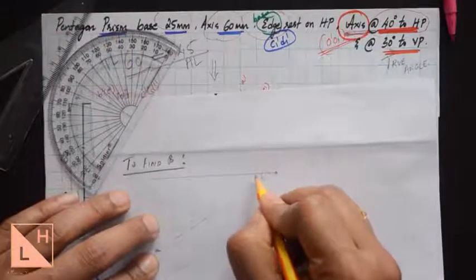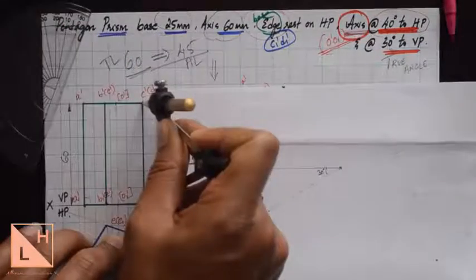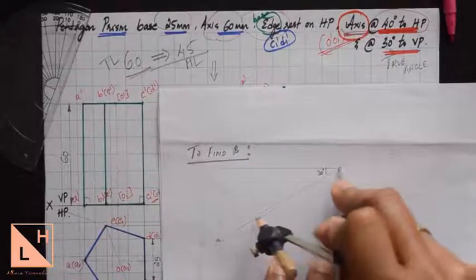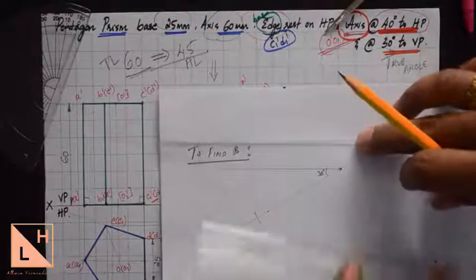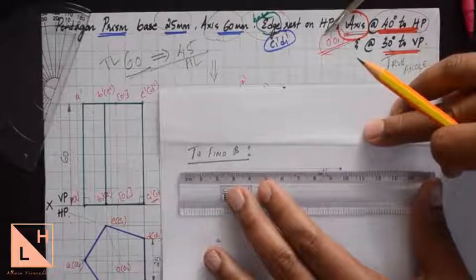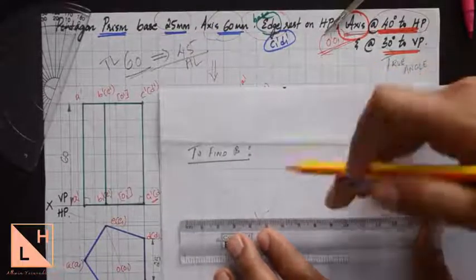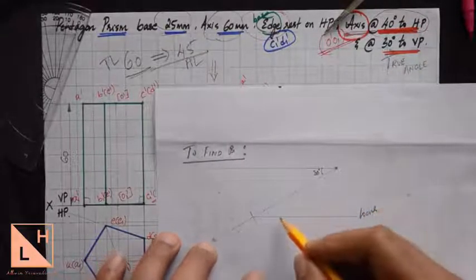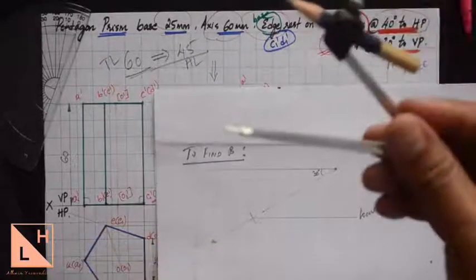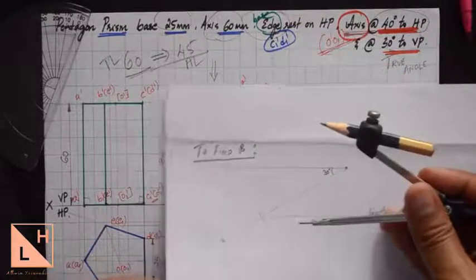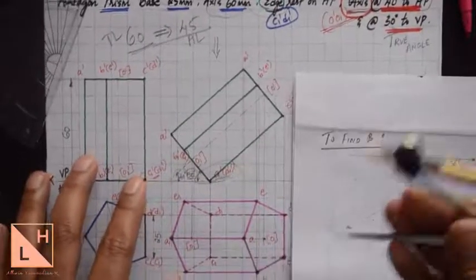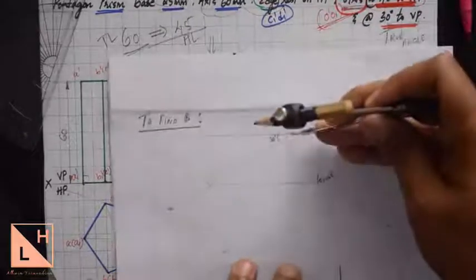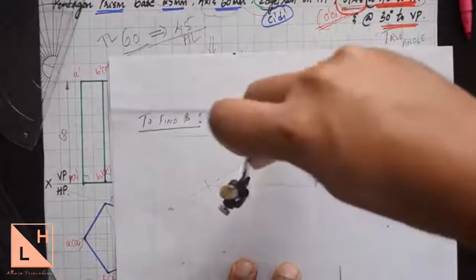So this angle is 30 degrees and the true length of the axis is 60 millimeters. Measure that length and cut the arc on this 30 degree line. Where it intersects, from there you draw one more line which is parallel to the already drawn horizontal line. This will be called the locus, and on this locus you need to cut an arc for the apparent length. The apparent length is also present here in the drawing that we have made, in the second position top view from O to O1. So keep the compass needle here and cut the arc on this locus.